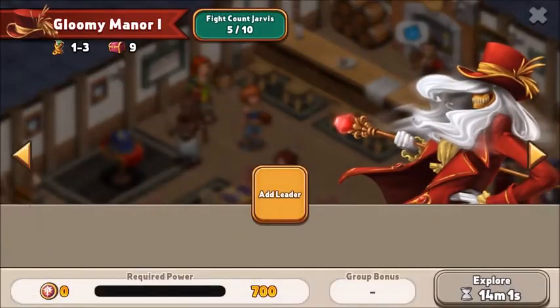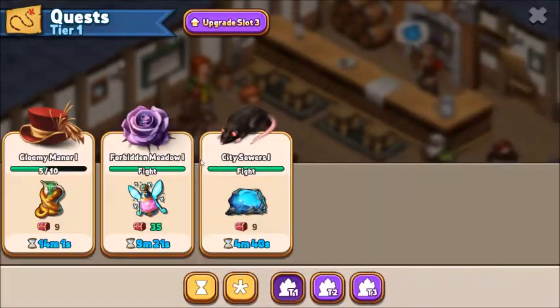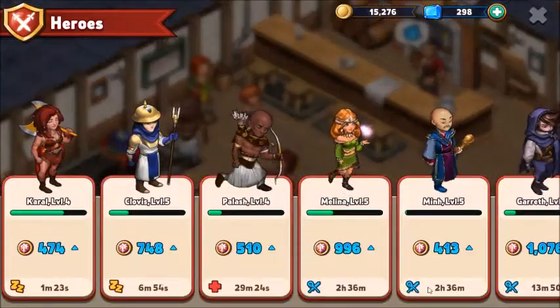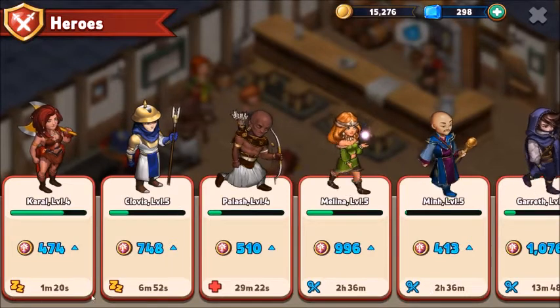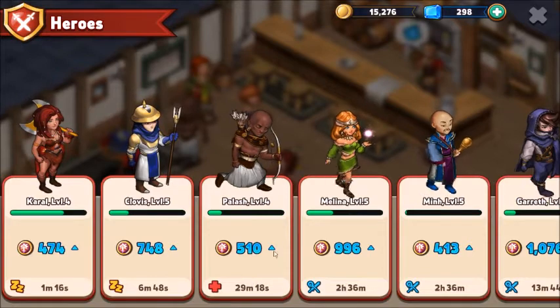Can we do another one? We can't. I don't think we have anybody who can go. Yeah, everybody else is resting, and you can see that by looking at your guys here. These guys are out on current quest. These guys are sleeping it off, and this guy got hurt, Palash, and he needs to rest up for 29